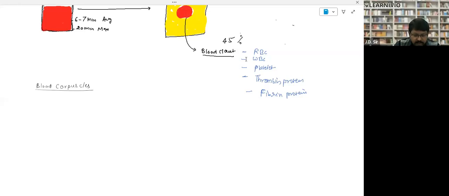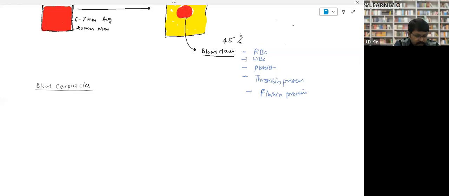and it is the softest tissue of the body. Full stop. Blood forms about 30 to 35%